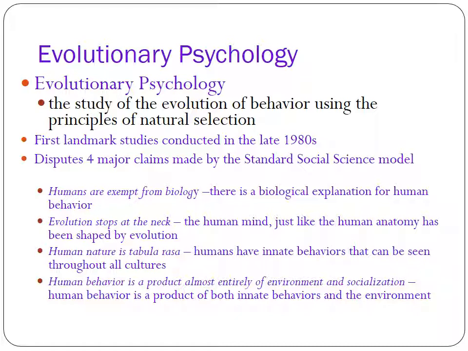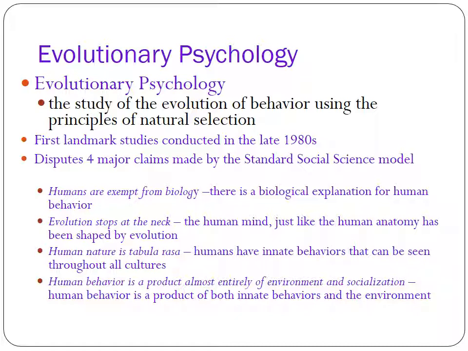One, as humans, we like to think that we're exempt from biology, but we can't be. We're part of the natural kingdom. So there is a biological explanation for human behavior. We also like to think that somehow evolution stops at the neck. So from the head up, we've evolved because we have technology and our world has changed. But we'll still carry around organs that we don't really need anymore, or pinky toes that don't really do anything for us. And the reality is that no, our brains haven't evolved. We haven't met the criteria for evolution.